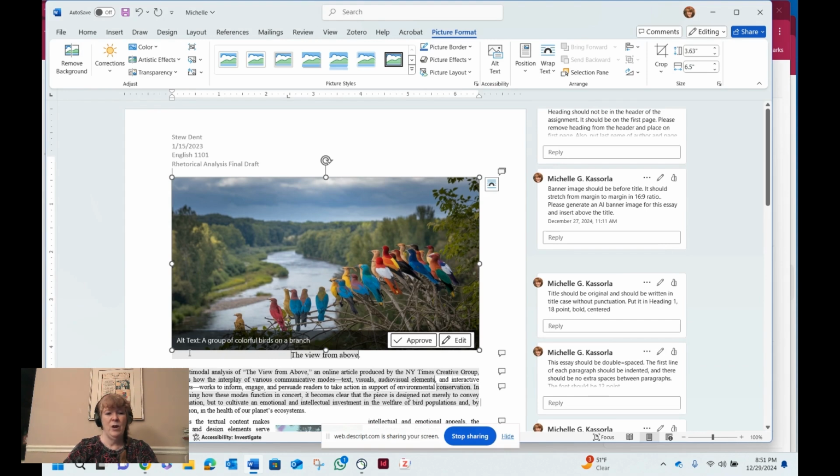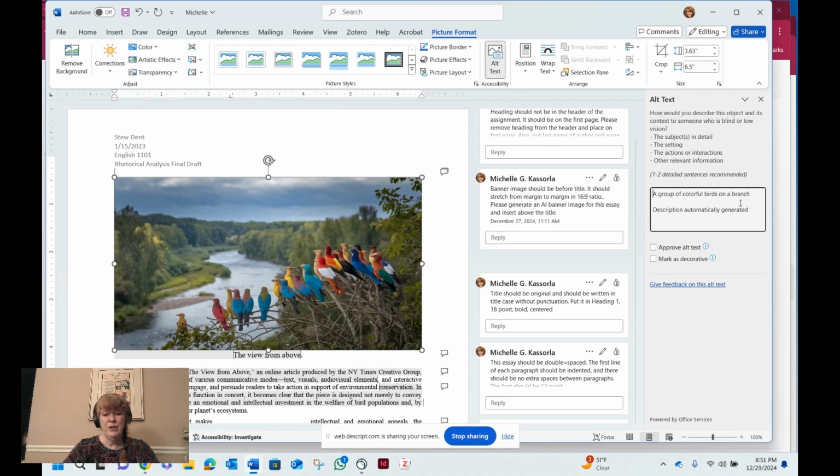Now, it has an alt text which comes up, which is great. This is for screen readers for people who are disabled, and it's important for you to fill out the alt text whenever you can. So this says a group of colorful birds on a branch. I'm going to fix it a little bit. So it's a group of colorful birds on a branch above a river